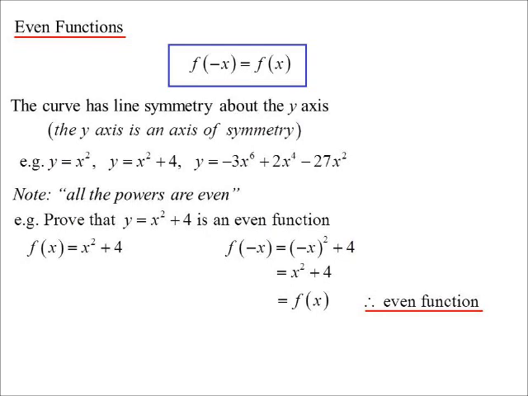Okay, so that's an idea, as I say, that can help us when we're graphing. If we notice it has symmetry